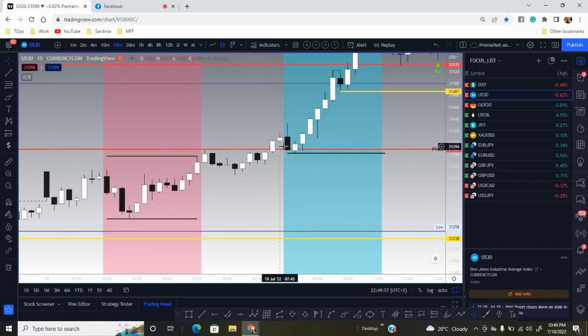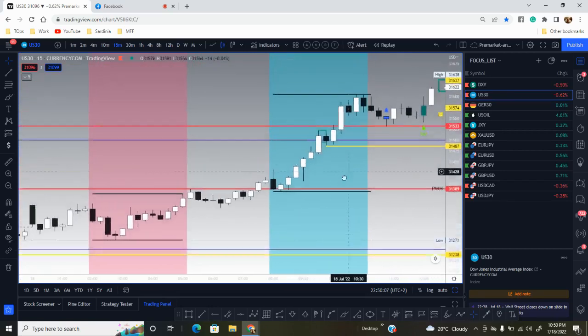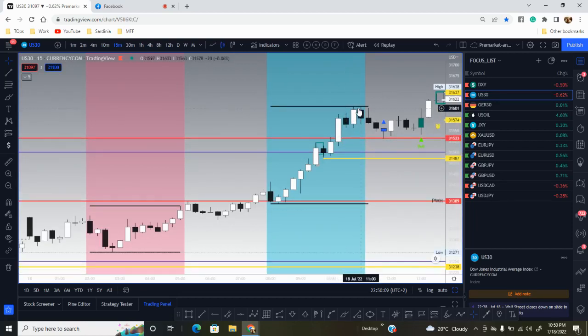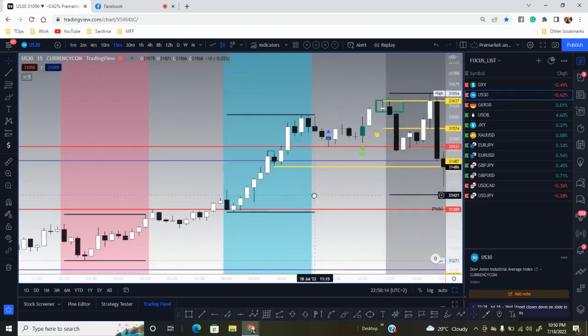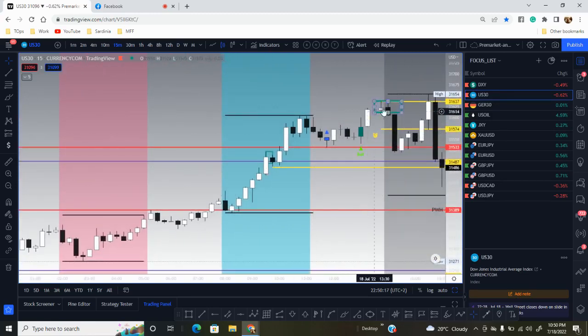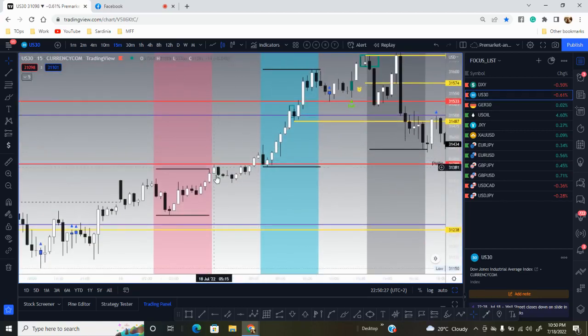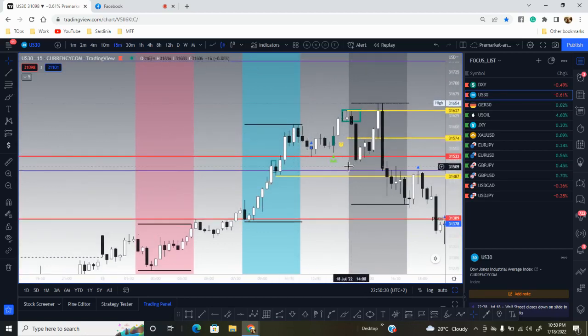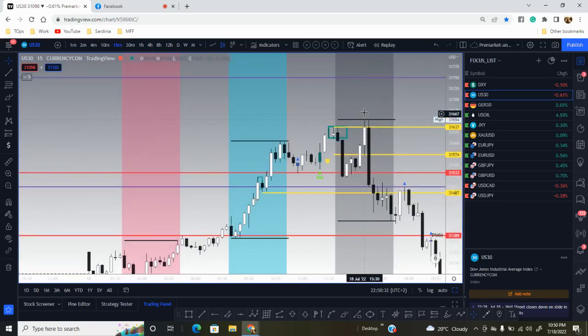Then that pullback or black candles and then a white candle nag-hold on and then continued to rally up to the round number and continued farther, and then after the 3 hours nagkaroon ng pullback and then consolidate again, nag-rally until the beginning of the US session, so 2 p.m. here at Central Europe. So but after that, as you can see, this is the first push, second push, third push, and then the fourth push.